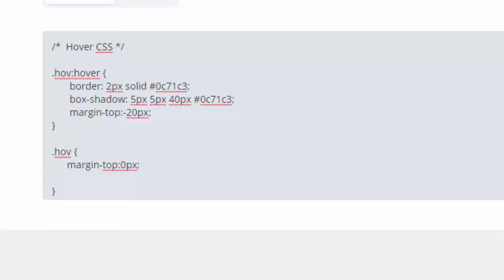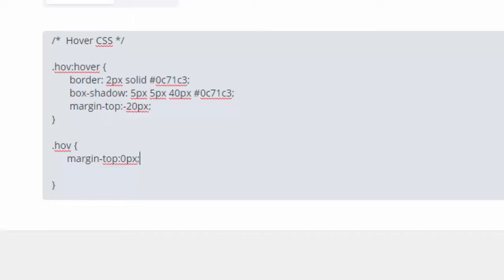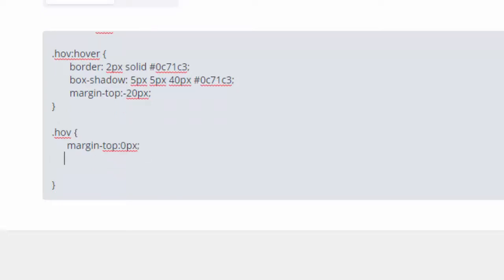Then I want to put in some transition CSS. So we've got to put a couple of classes in to make it compatible with a few different browsers. So if we put -webkit, then -transition, and then we'll do a colon. Now we need to point it at that margin because that was the effect that we were doing there. Okay, so we put in margin,